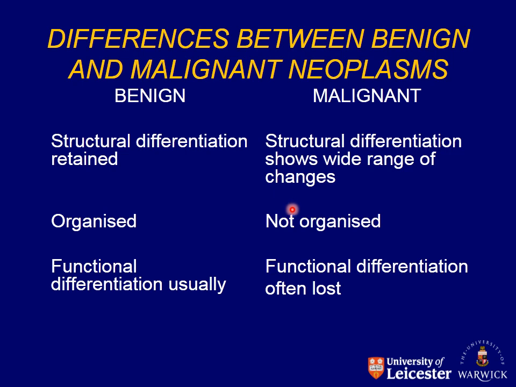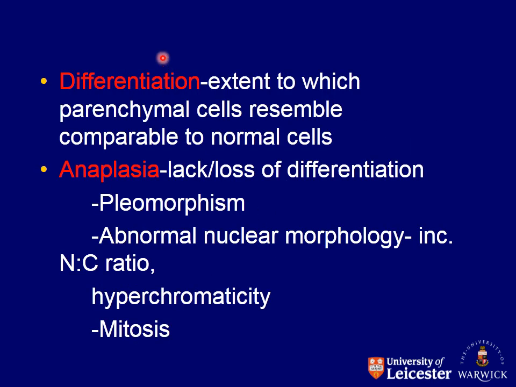Benign tumors are always organized, whereas the malignant neoplasms are not organized, they are disoriented. And the functional differentiation is usually seen, that is the benign tumors retain their capability of specialization, their functional ability, whereas in case of malignant neoplasm, they lose their functional differentiation. Here the definitions: differentiation is the extent to which the parenchymal cells resemble comparable normal cells. That is, how much these cells resemble their parent cells, their normal cells. So this is called